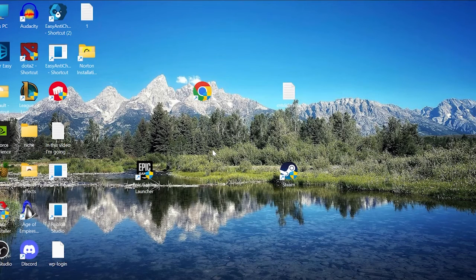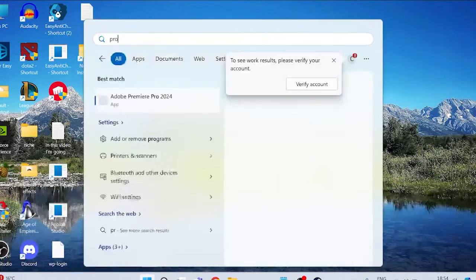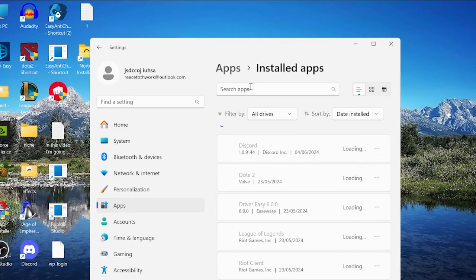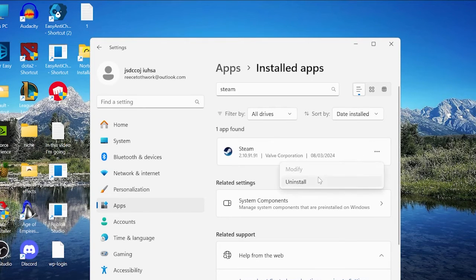Now if you've tried all of these steps and that's still not working for you guys, the last and final thing we can do is to try a complete clean installation of the Steam application. Now to do that, you just head over to your Start menu and search for Programs. Tap on Add or Remove Programs, then in this search box just search for Steam, select these three little dots here and hit